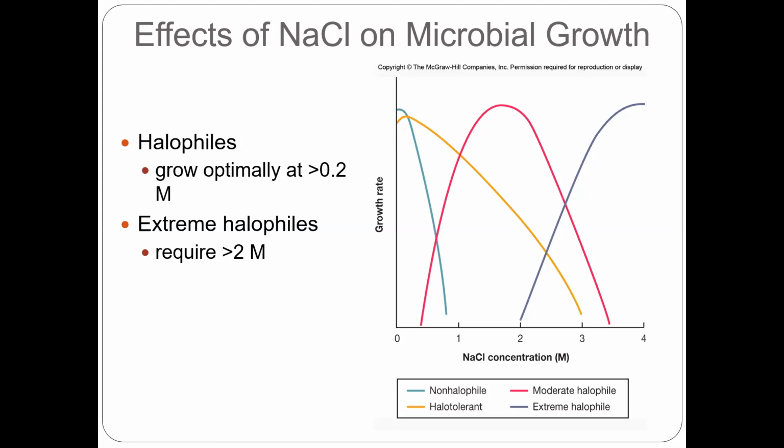So they call halophiles. Now we are also going to see some of the extreme halophiles. They can survive in a sodium chloride concentration of more than 2 molar. Those also are environmental microorganisms. And where you can find them, a good example is all the microorganisms in the Great Salt Lake,